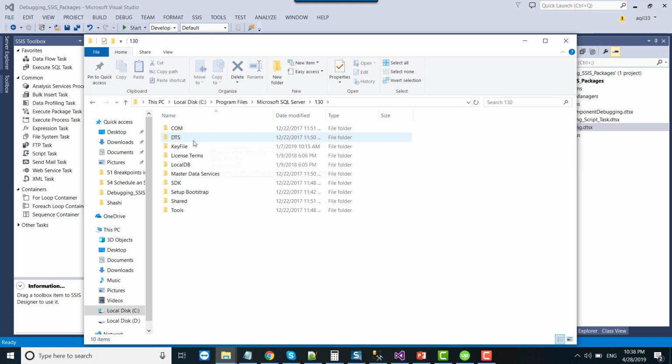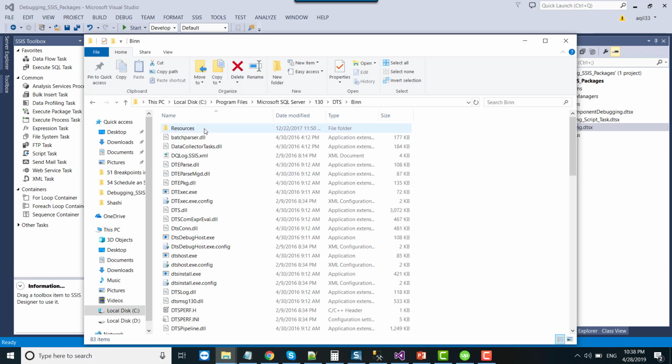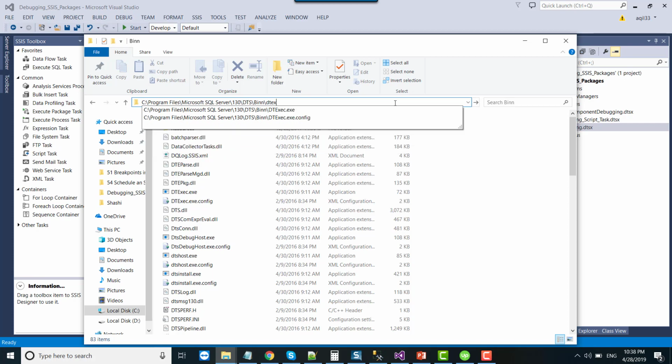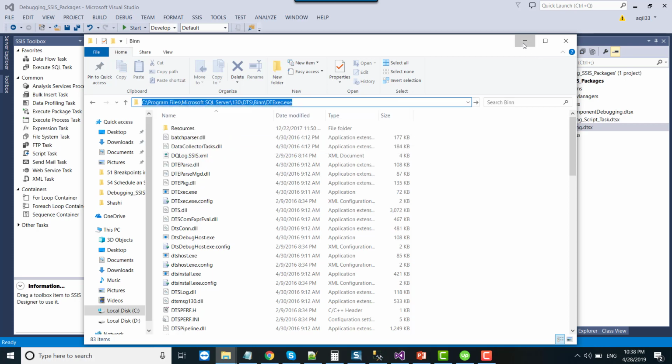And then there is a folder DTS, so we need to go inside this folder, and then Binn. Inside the Binn folder there is a program DTEXEC. This is the file which can call the SSIS package from a batch file.